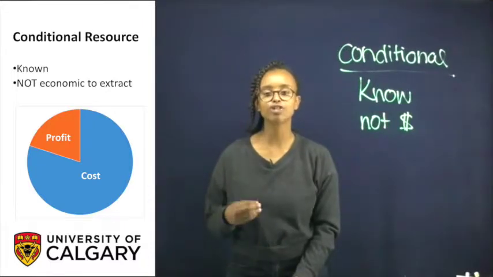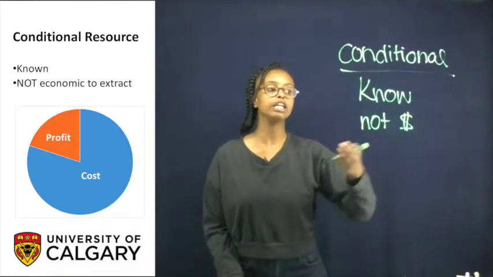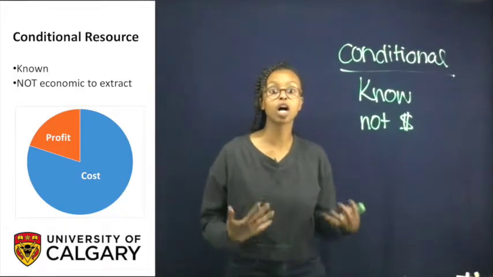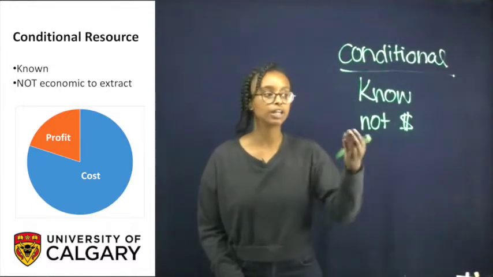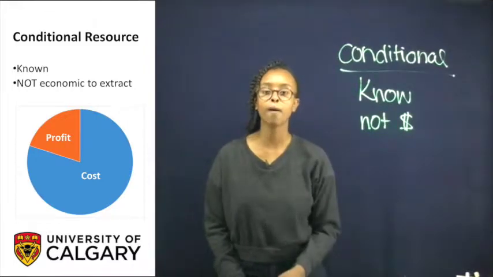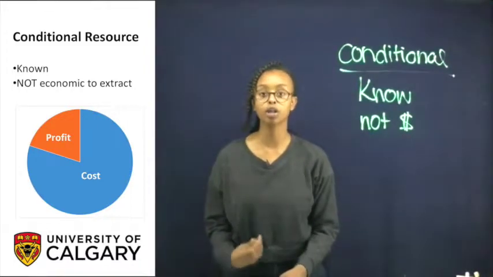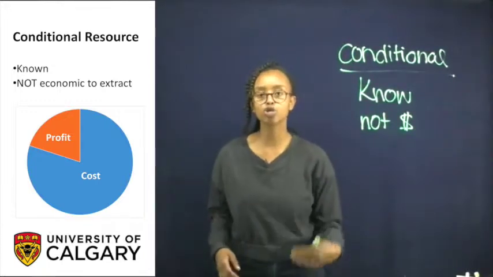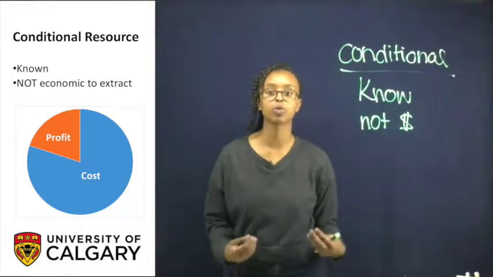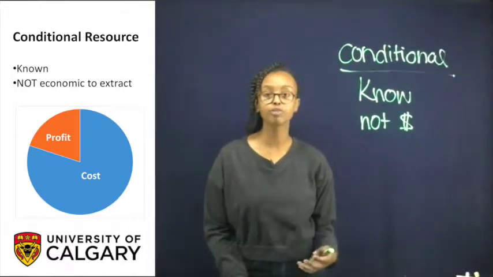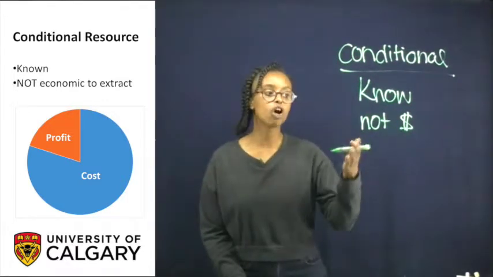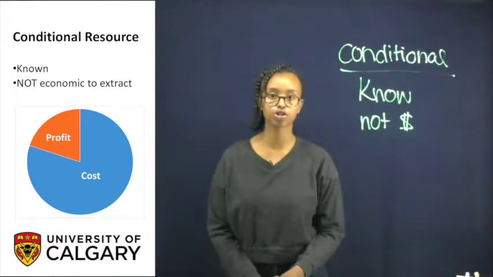Before, we said technology is usually the reason why it's not economical to extract. However, what if we fast forward 100 years from now and actually had the technology to extract it? It may never ever be economical because it may be such low quality, or most importantly, social and political pressures are moving the direction into which natural resources we will be using. Therefore, even if we know about it and have the technology to extract it, if it's not economical, it will always be a conditional resource.